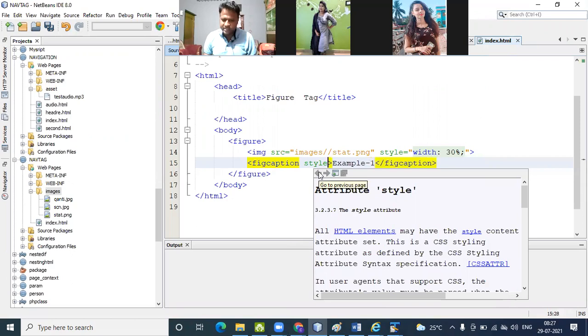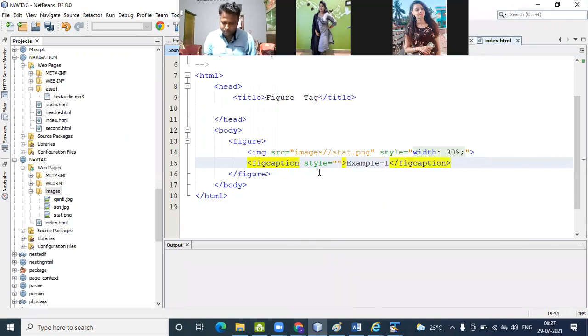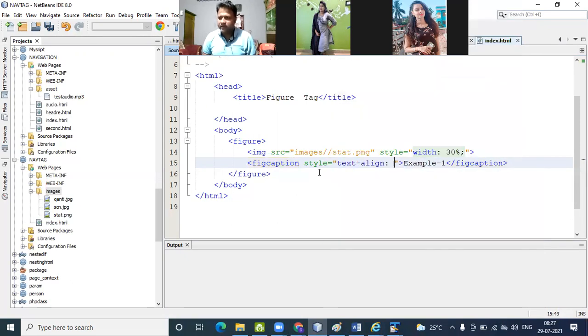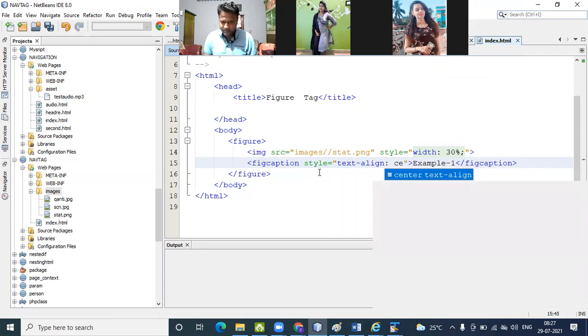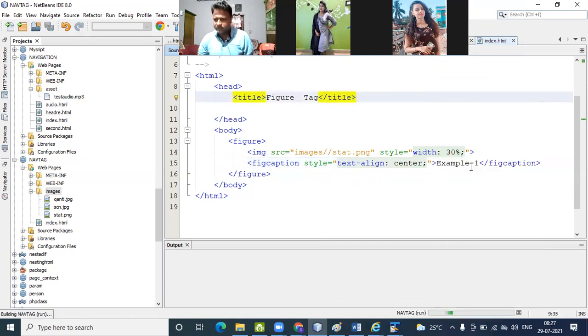By giving a style, I can give the proper alignment. For the figure caption, I pass text alignment as center, then semicolon. Okay, so after passing the center alignment, now check how it is displayed.